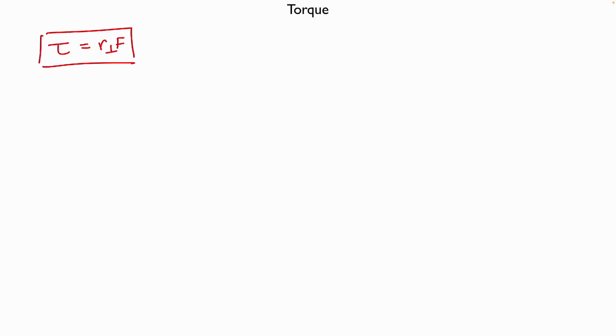The reason I like to write it like this is because it gives flexibility. This can mean two different things. And we already have skills when it comes to finding components of forces, especially ones that are perpendicular to things. What do I mean by that? Let me draw an overhead view of the door. So this is like looking down on the door. There's the axis of rotation, or where the hinge might be. And if we come in with a force, we either push or pull on the door, right on its outer portion right here,